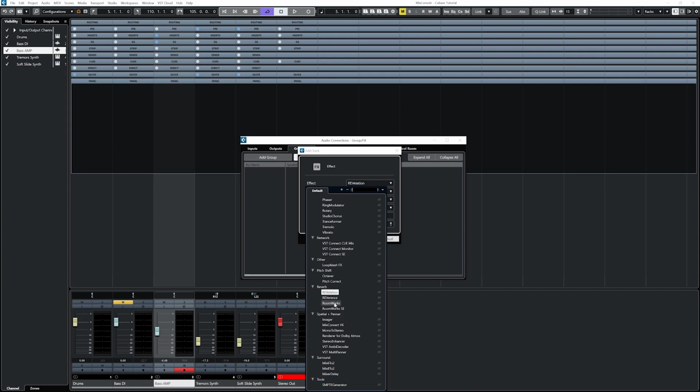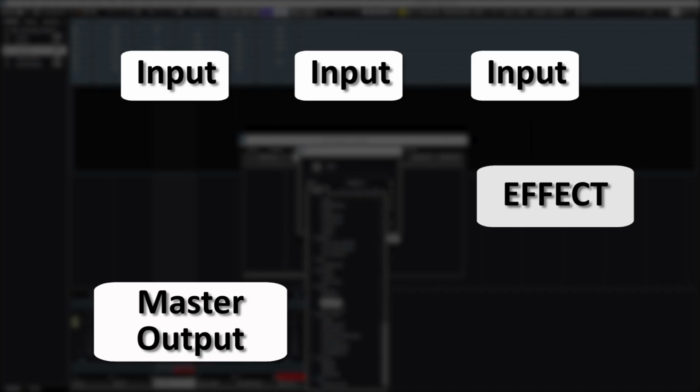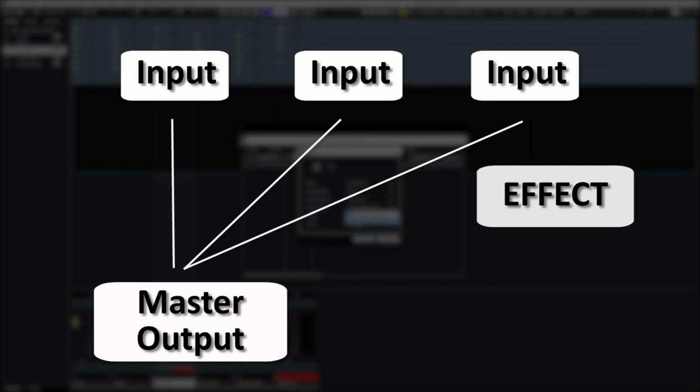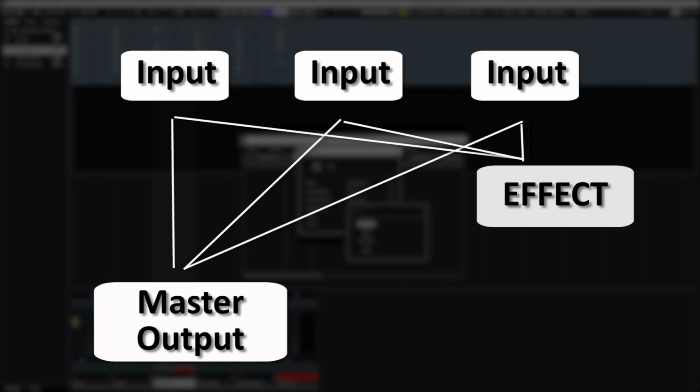In comparison, a send has different signal routing. We can think of the signal for a send as being split. One signal is sent down the original signal path without being processed and goes to the master channel. A second identical signal is split off and sent to an aux track. The aux track can then receive multiple signals and blend them together at different levels than they would be sent